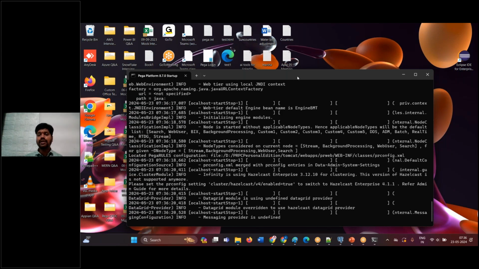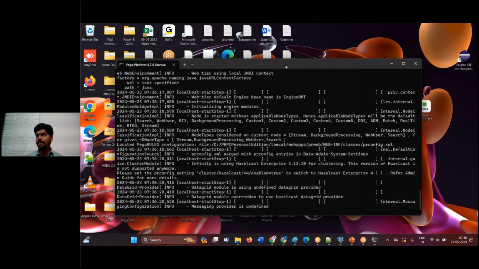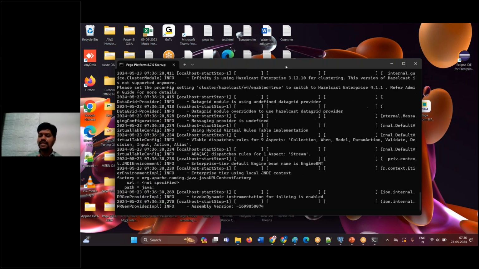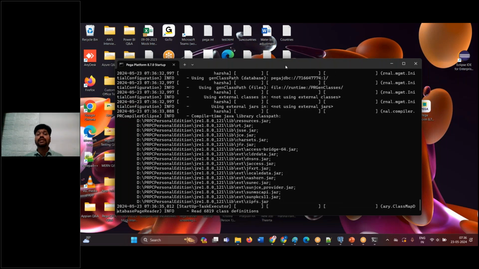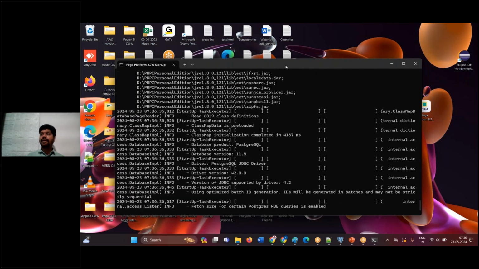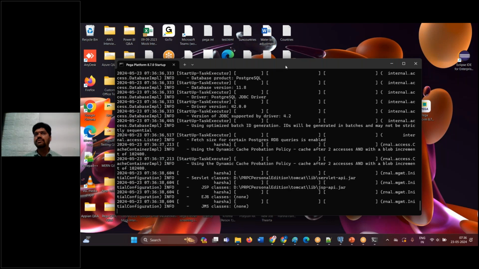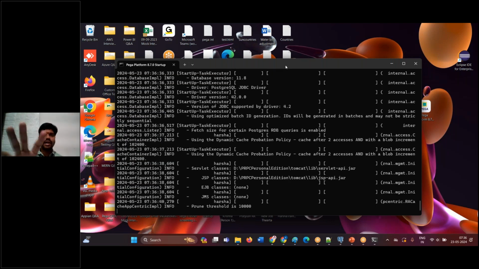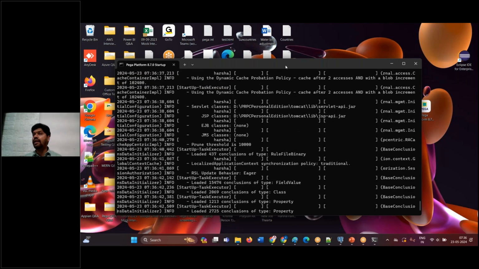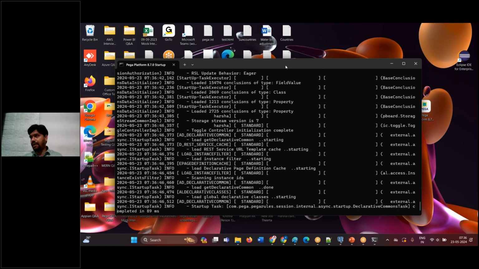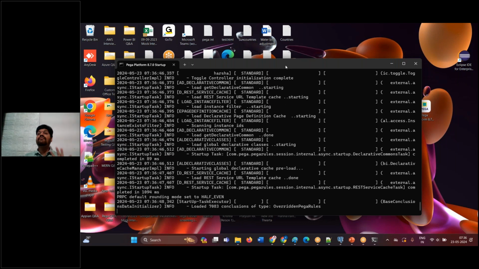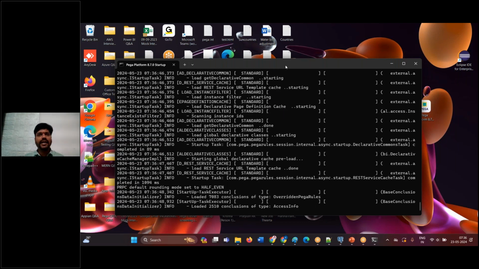So first, you need to double click on startup and wait for 5 to 15 minutes. Don't minimize it, keep it active. For me it may take 5 minutes, sometimes it is done in 2 minutes also. In the initial days, suppose you have installed Pega brand new on your laptop, it may even take 15 minutes to log into Pega. For the starting 1 week, whatever RAM you have, 16 GB or 8 GB,